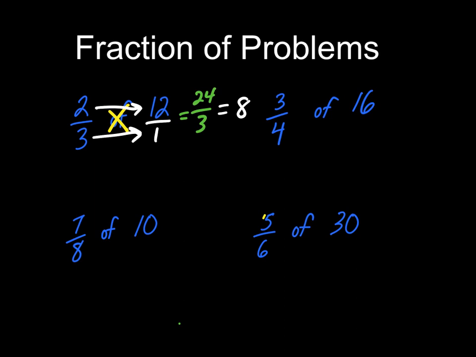Next, again, we have 3/4 of 16. Of means times. We can multiply straight across. We get 48. This is over 1, so 4 times 1 is 4. Quick division problem here, extended fact, gives us the final answer of 12. Now we move on to this next one here